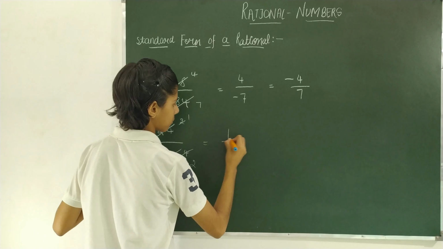But our question is, we have to represent 3 by 5. So here is 3 by 5. You will circle it and you can show where it is. Like this we can represent any number on a number line.